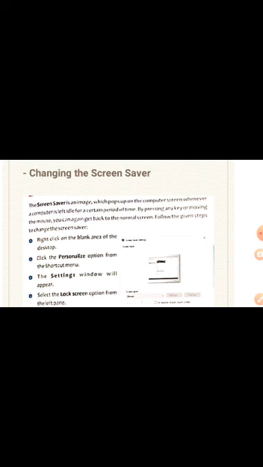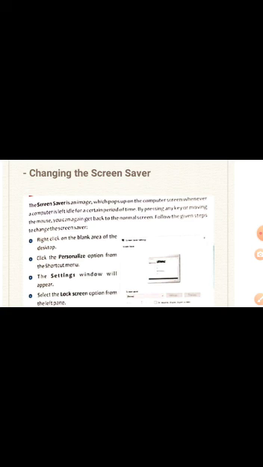So a screensaver is actually to save power. Computers use lots of electricity. So if you want to reduce the power consumption, the usage of electricity, then we can use this option of screensaver. One of the advantages of screensaver is this. Another is nobody can see the documents.